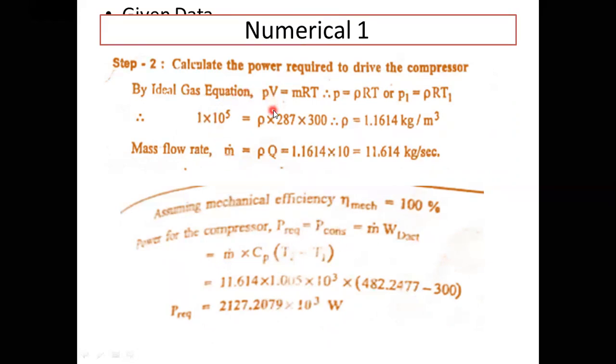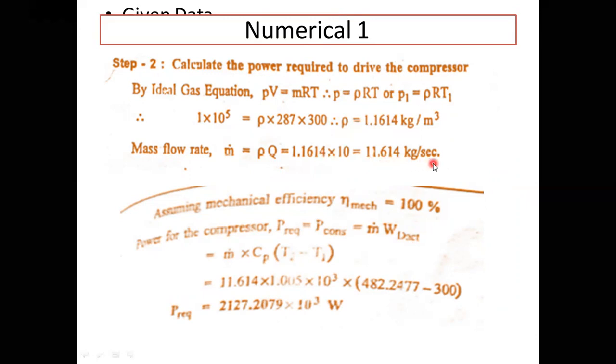We cannot calculate the mass directly, so we can use the ideal gas equation P is equal to m R T, and we can take P is equal to rho R T. So P1 is equal to rho R T1. From this, we'll get the density. Once we get the density, density into discharge gives us m dot. Consider air as an ideal gas. This is the usual method to calculate the mass flow rate in the compressor. If the area, that is the width of the vanes, is not given, then directly from the discharge we can calculate the mass flow rate by calculating the density from the ideal gas equation with respect to temperature and pressure.